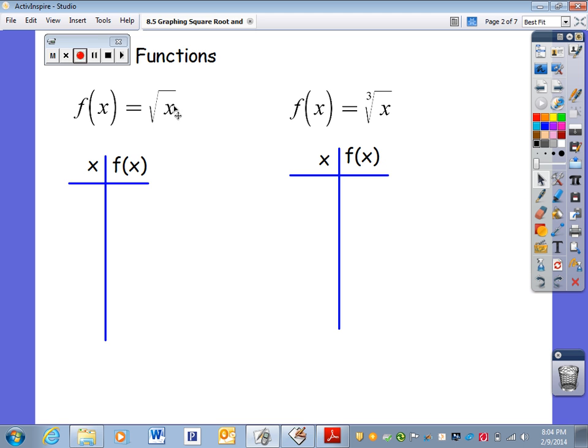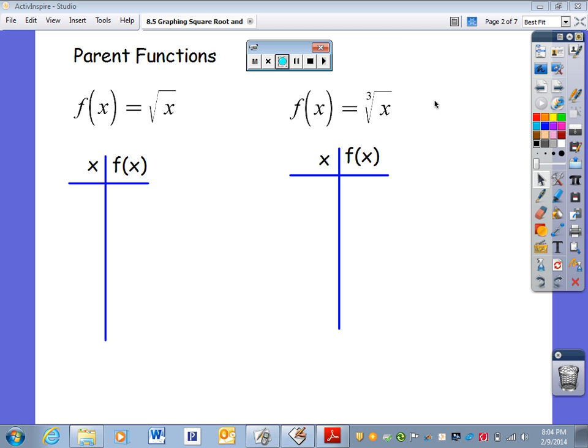Let's take a look at the basic functions we have for our parent functions for square root and for cube root. So if we start with our basic square root function, and we'll put a couple of our points in, and we'll take a look at that. So let's pick some values for x. We're going to start with 0, 1, and 4, so that we are able to substitute those in for x and take the square root. The square root of 0 is 0, the square root of 1 is 1, and the square root of 4 is 2,